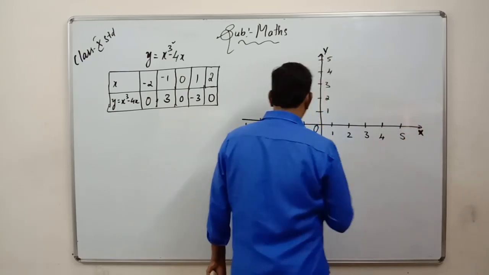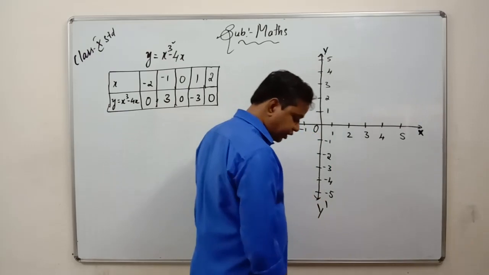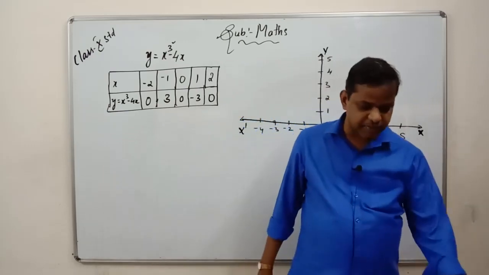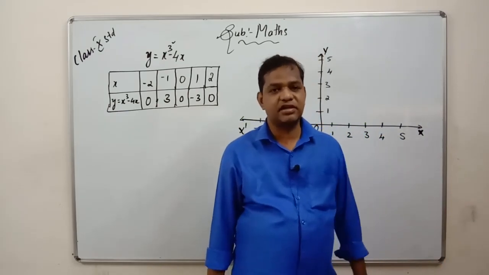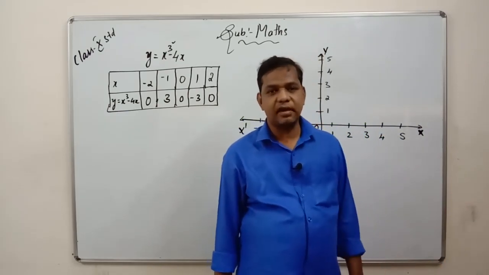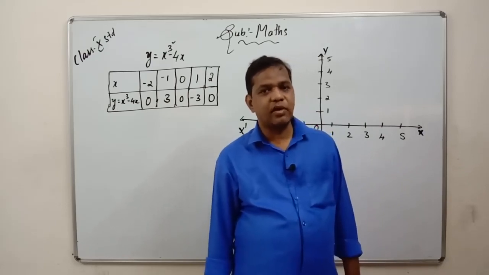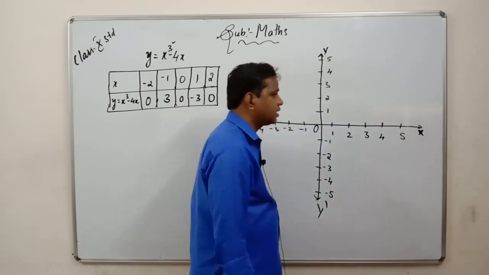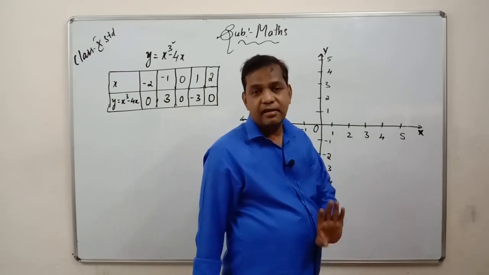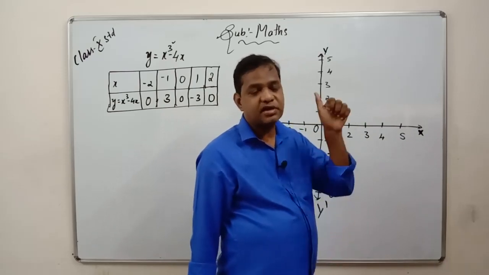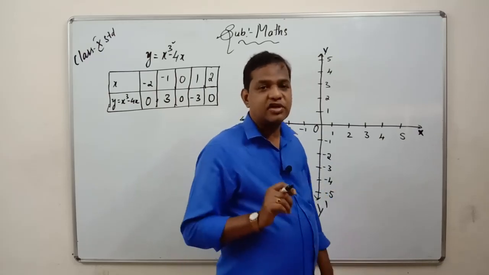And I told you in the beginning, don't forget to mention the scale, because when you go for valuation for your correction of papers, first we see the scale there, whether you have mentioned the scale in the graph sheet or not. Before last 2 years we used to regularly go for valuation. So if the graph is given, first we'll check whether you have mentioned the scale or not. If you have not, there will be cutting of marks, because for mentioning the scale there will be 1 mark compulsorily. So don't forget to mention the scales.